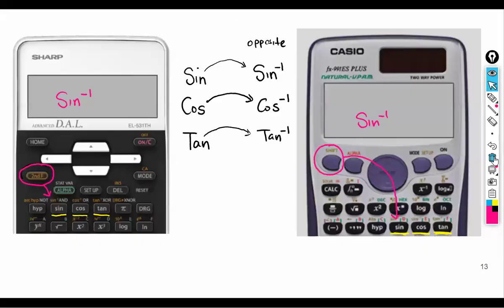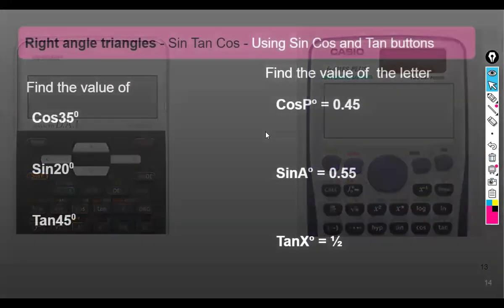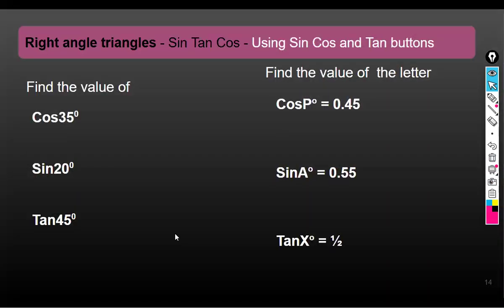I know that's a lot to take in there, right? But don't worry, I'm going to try to make today as easy and easygoing as possible. Now, here's a good idea. You see, when you're dealing with trigonometry, sine, tan, and cosine questions, oh, by the way, there are many different